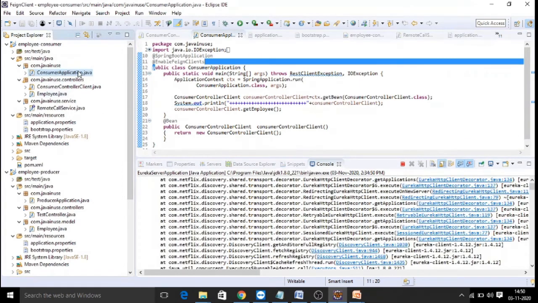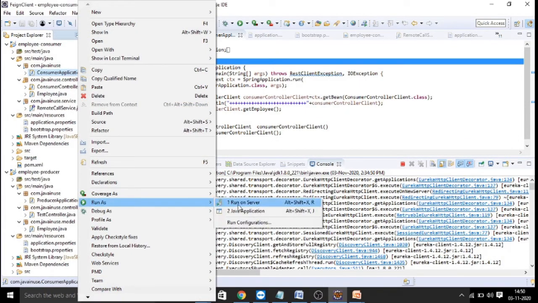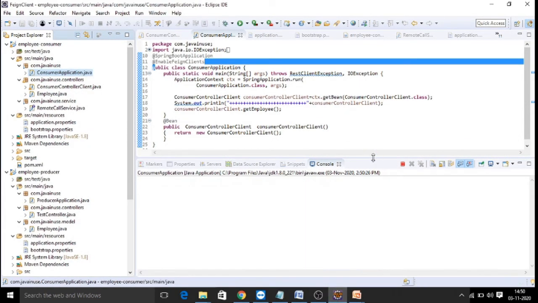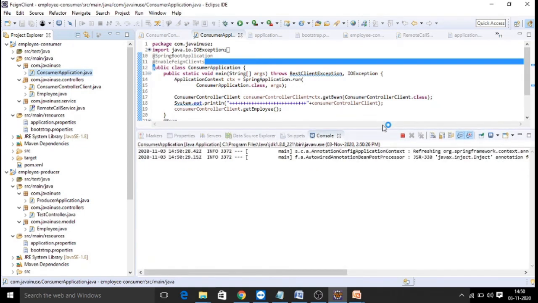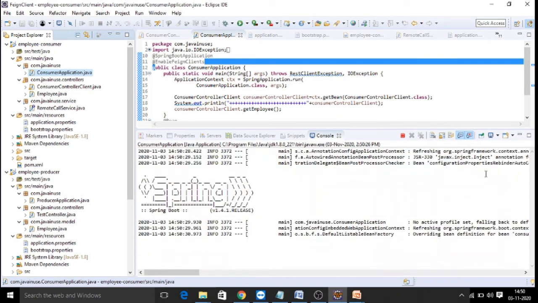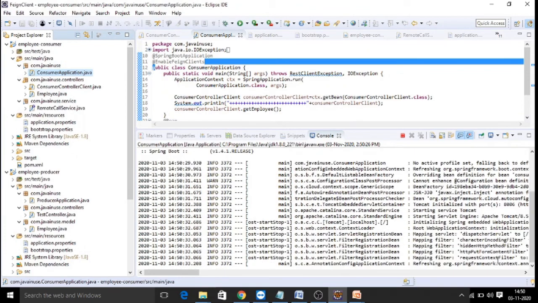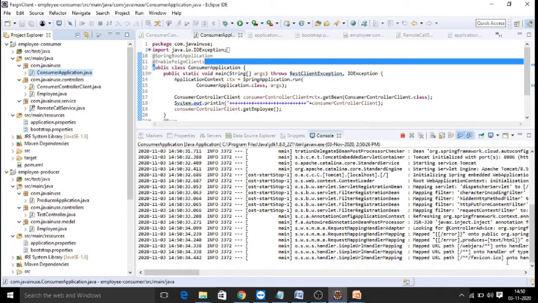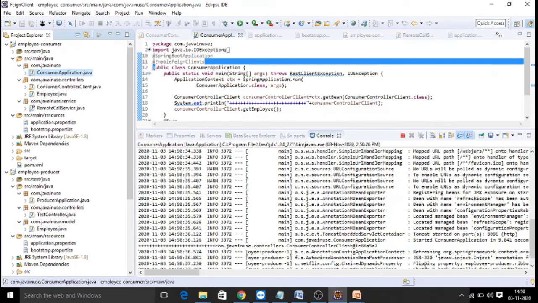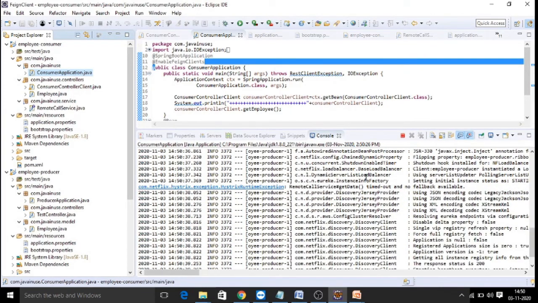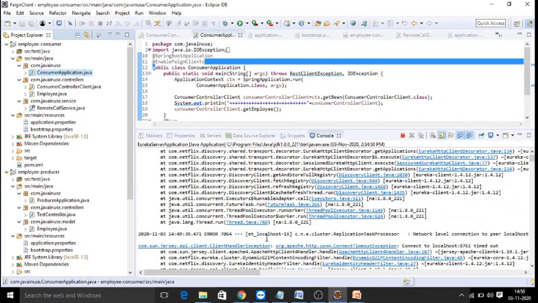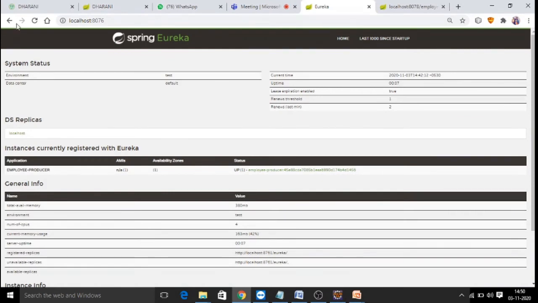So let us start our Feign client application to consume our microservice called employee producer. So this is the consumer application. Now the consumer instance has to be created. Once it is created, we are able to see the result of our consumer. Now if you go, we can observe the consumer instance also gets produced.